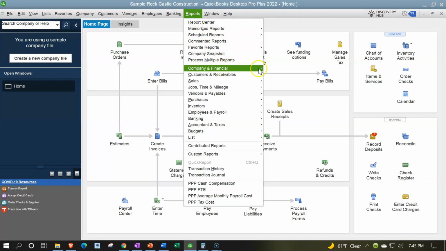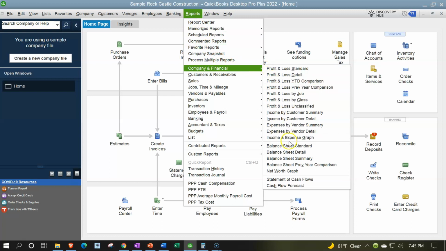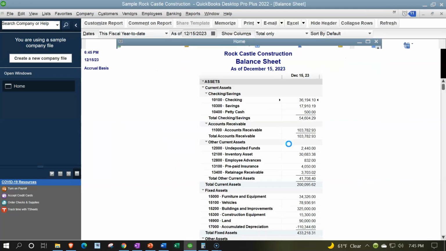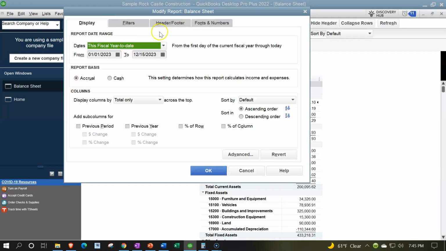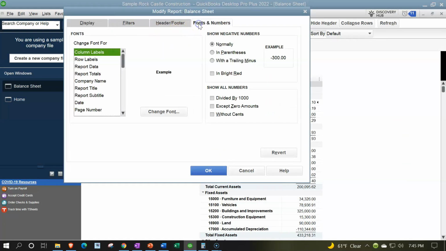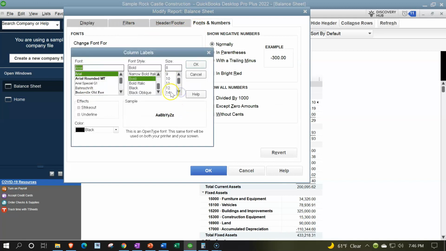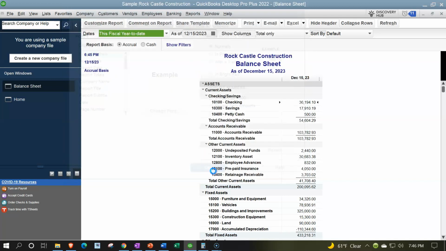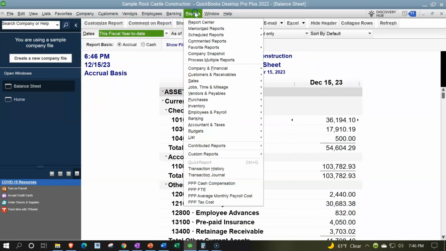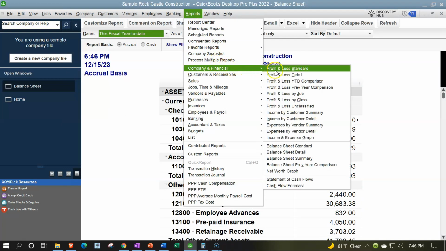Company and Financial, going on down to that Balance Sheet Standard Report, maximizing the font to 14, customizing reports to do so, going to the Fonts tab for font's sake, going to the Change Font, making that font 14, okay, yes, and okay. Same thing with the Reports drop-down on the Profit and Loss,